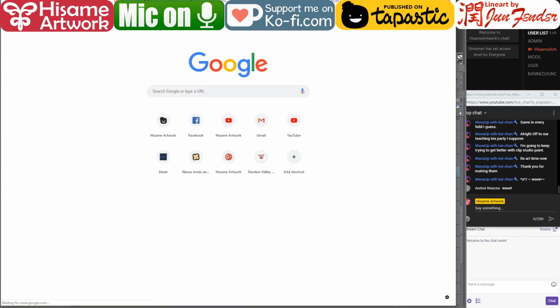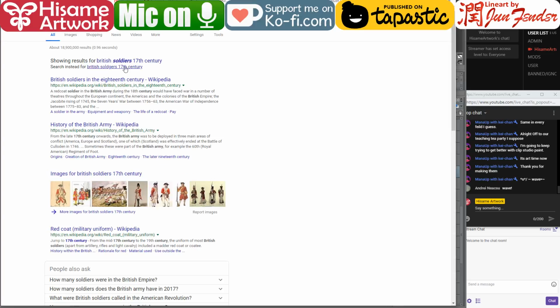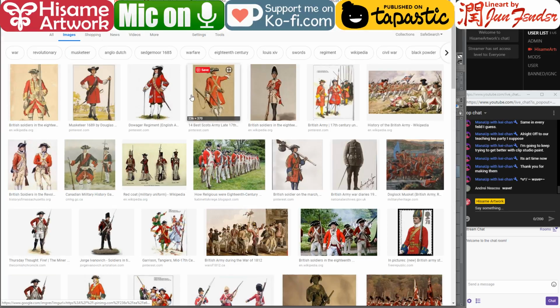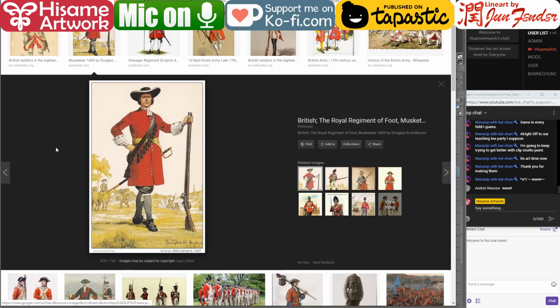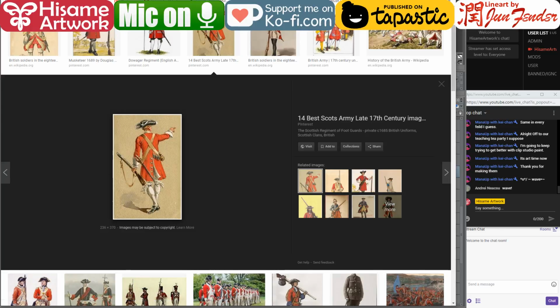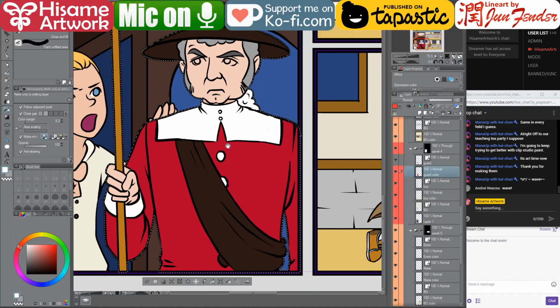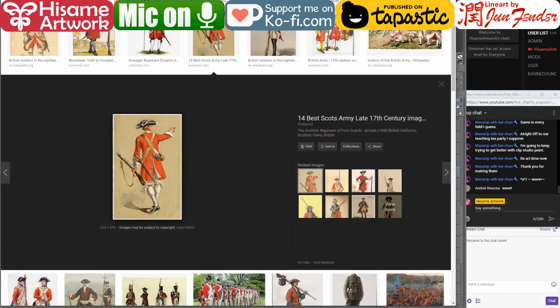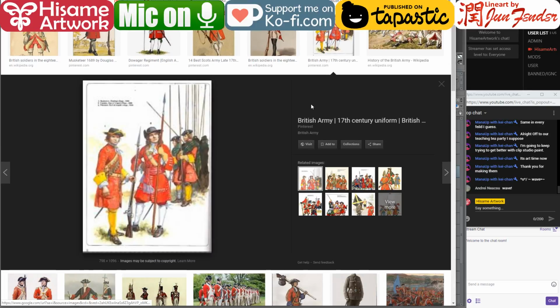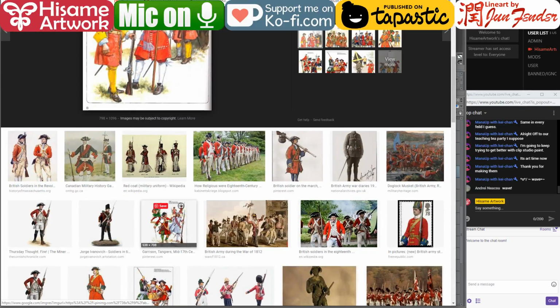Look at British soldiers, 17th century. Let's see, buttons were white. This seems like very impractical clothing. It's pretty, but it's impractical. Okay, let's see the satchel that's going over them. I'm sure June thought of it from somewhere, but